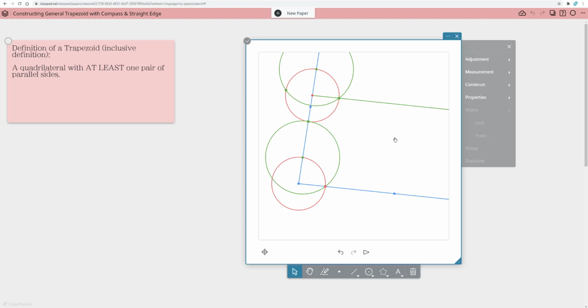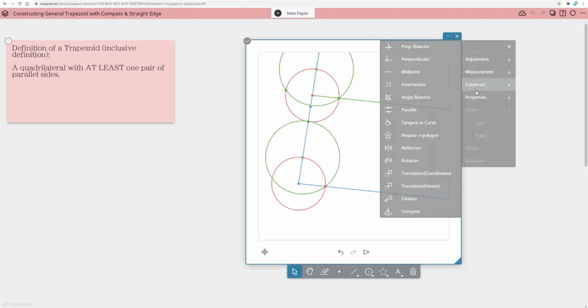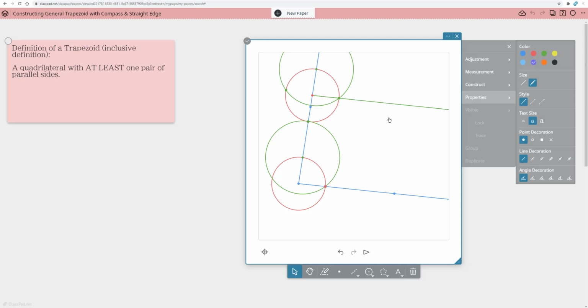In fact, students using compass and straightedge are not measuring. They use properties to verify. So we know that if I construct congruent corresponding angles, lines are parallel. So these are now parallel. And so if I put a point, let's actually change our color again. Let's change it to purple. I'm going to put a point. I just need a point on this parallel line, right? Oops, let's make sure it's actually on the line. So there's a point on the line.